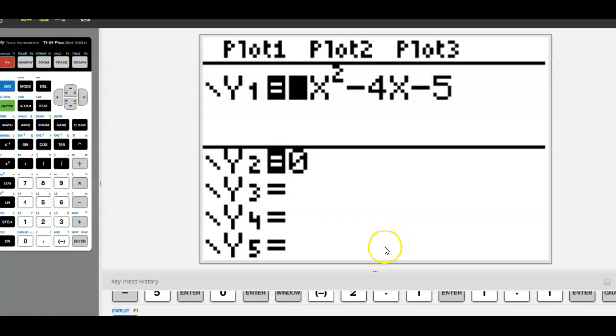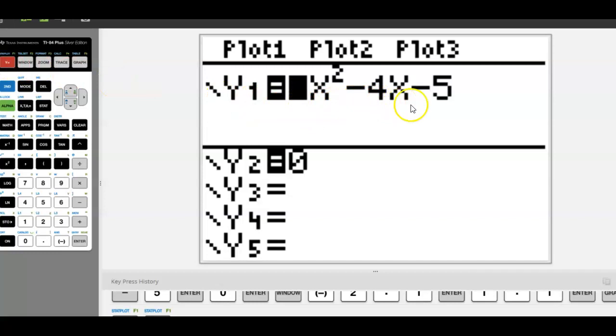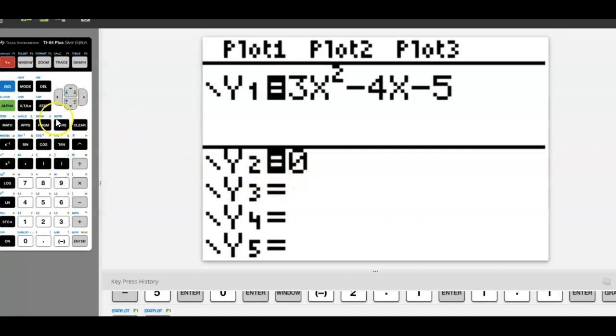And so what you see is I'm going to press y equals. Over here, I press y equals, and I put in my 3x squared minus 4x minus 5. My second, I do put in a second function, so I have something to intersect with. I want to find where this intersects with the x-axis, which is y equals 0. So then I do this